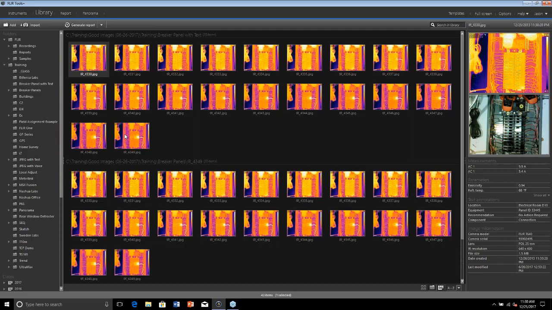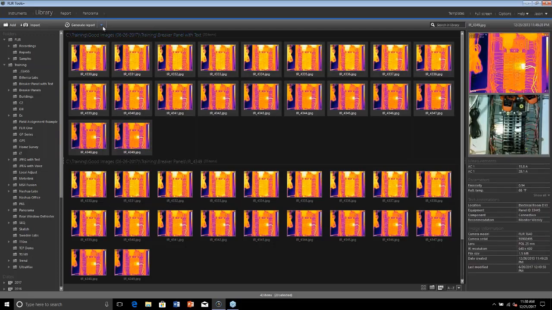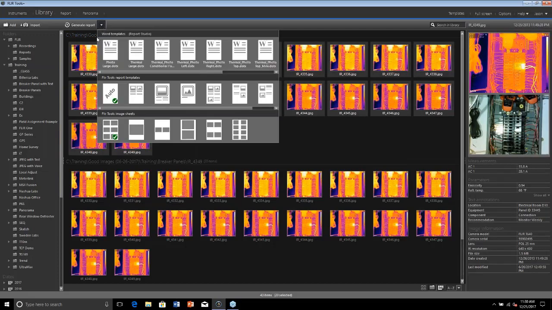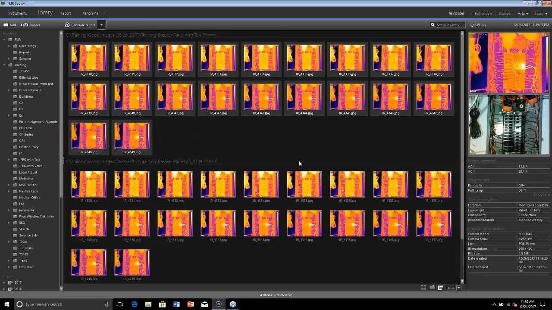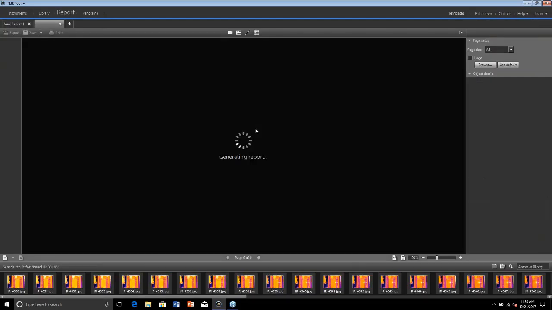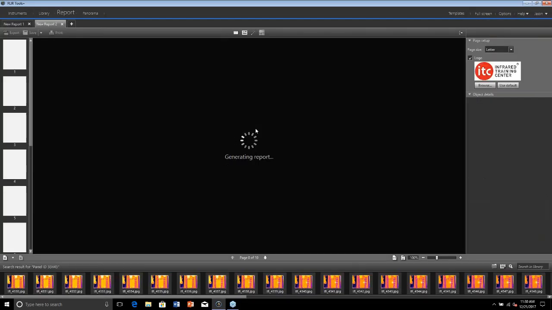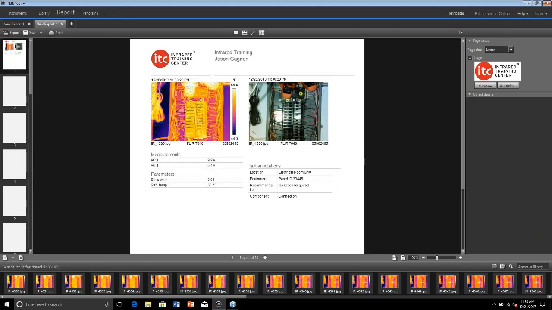And so now we can select these. We can go to the report pull down, and I can create a new report with this data set. And all this is possible with FLIR tools. We haven't done anything that requires Tools Plus or any of the upgrades. This is just a regular FLIR tools report. And it shows the text, so your annotations over here, any measurements that might have been on the image are showing over here. And then as we go through the pages,